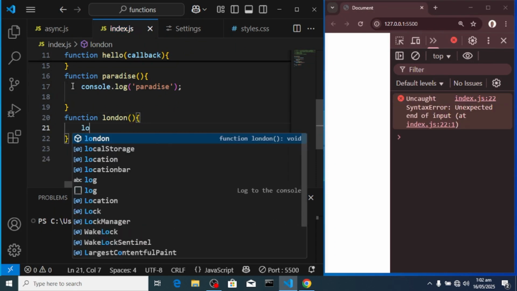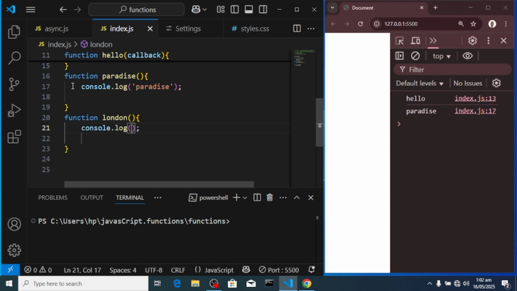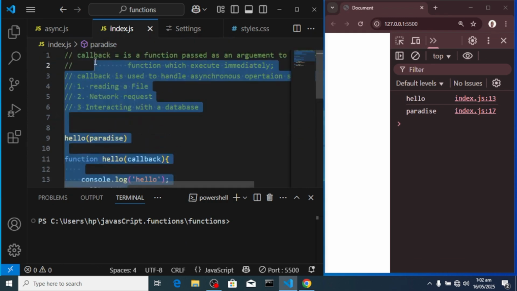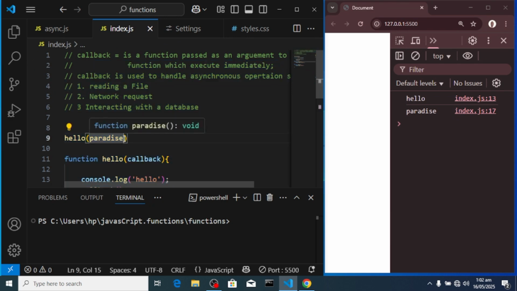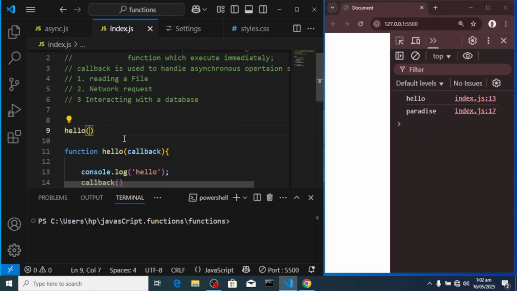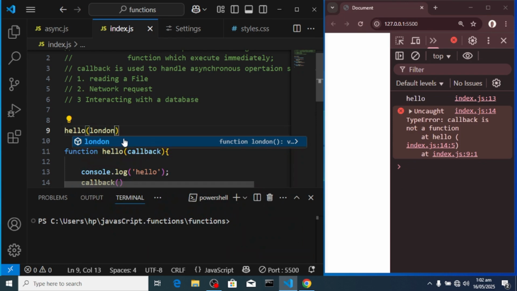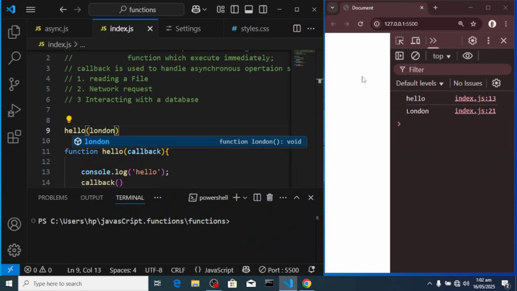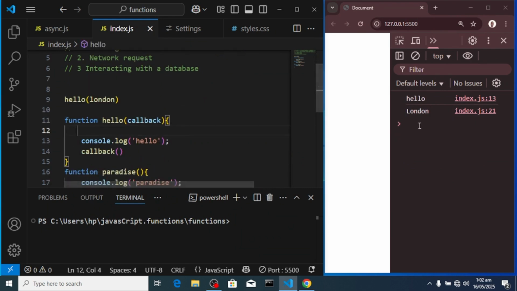Within the curly braces, I'm going to log to the console the word London, and then I'm going to put my London function as an argument into the hello function here. As you can see, both hello and London have been logged to the console simultaneously here. So you can now